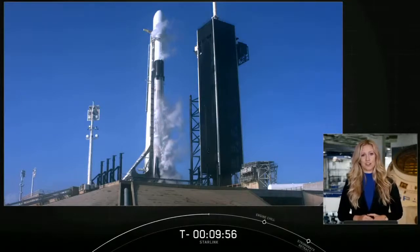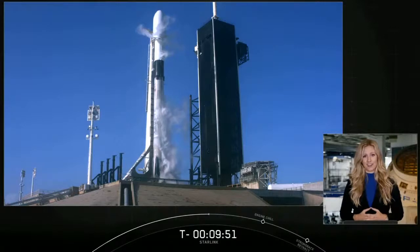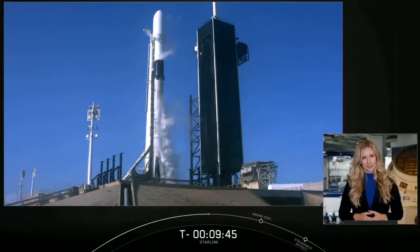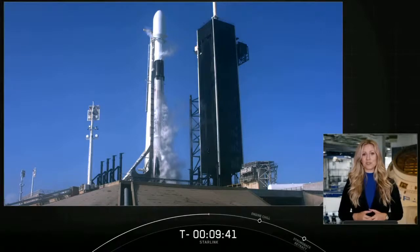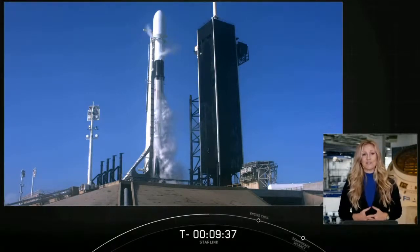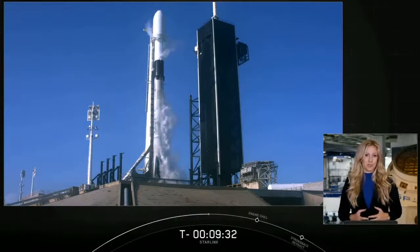As a reminder, Starlink is a constellation of satellites that can provide high-speed, low-latency internet all over the globe, particularly in remote or rural areas where connectivity is limited or completely unavailable. We're currently just under T-minus 10 minutes, and all systems are currently go for an on-time liftoff this morning. If for any reason there is a hold on the countdown today, we do have a backup launch opportunity tomorrow